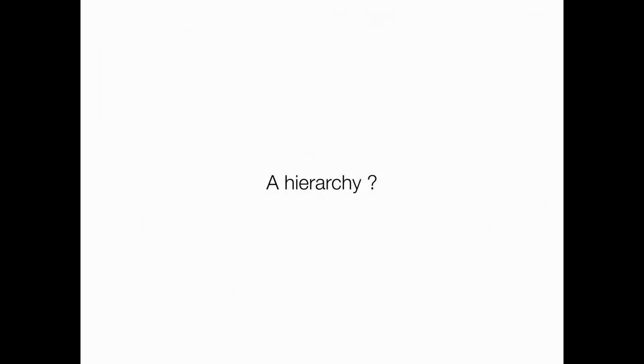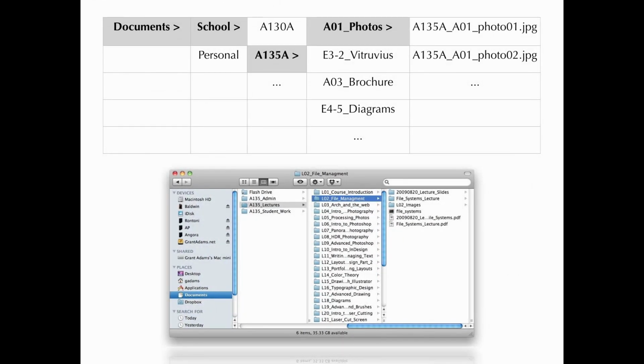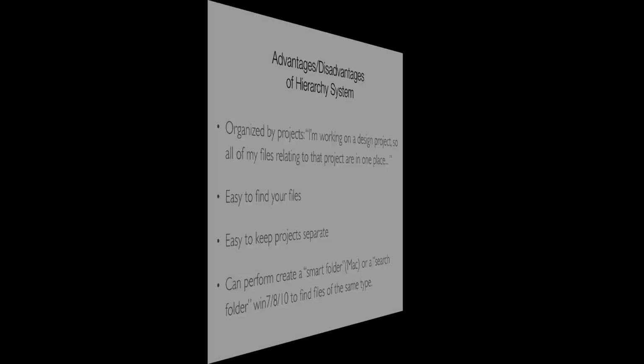So a hierarchy might be a different and better system to sort that out. In this scenario, let's say I have a folder that's called Documents. I'm using that as the generic folder. Inside of that Documents folder, I might put something like School. That's a broad topic. Inside of that School folder, I might put subfolders for each class I'm taking. I'm taking 135, I'm taking 121, English and history or whatever else you're taking. I'll make folders for those classes. Then I'll put my files related to those classes into those folders, which can be a pretty advantageous thing.